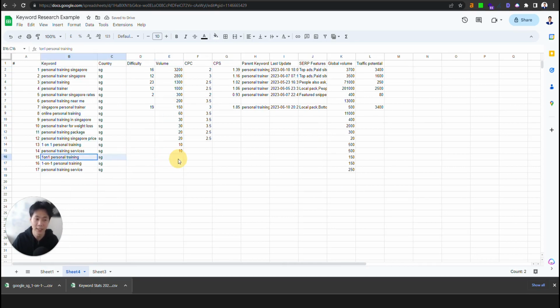And again, you can see here, some of them don't have search volume. You can go ahead and remove these, right? And then this will show you which keywords you definitely need to be going after, right? For example, personal trainer, Singapore personal training, Singapore personal trainer, Singapore rates, Singapore personal trainer, online personal training, right? So these could be mapped to your services keyword or your homepage, depending on how you are mapping these keywords. But this essentially will tell you which keywords have search volume and which keywords you should be targeting first and